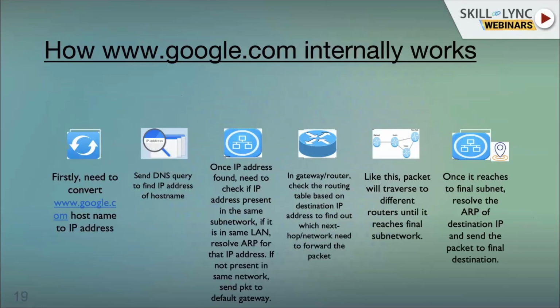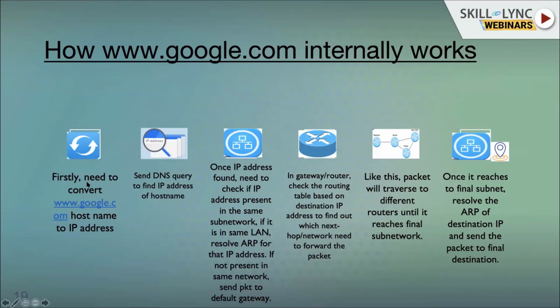So now finally, in this slide, we'll recall whatever we learned previously, in one slide, going one by one. In a single shot, if you go to google.com, how does it work internally? First it has to convert the google.com hostname to an IP address.